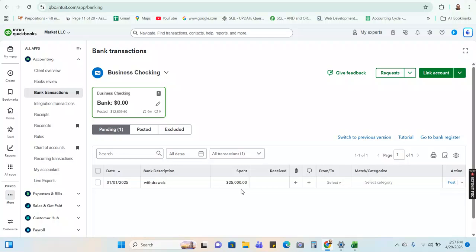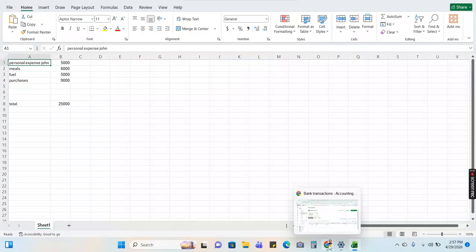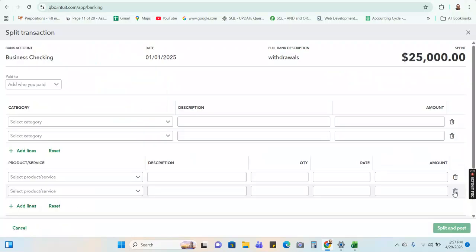So what the client said is, okay, I'm going to give you the list, the Excel sheet for the whole month of those expenses, 25,000 for the whole month. So this is the sheet. The client says, okay, personal expenses John 5,000. Put in the John 5,000. So what I'm going to do is split the transaction. As you can see in the drop down, there is a split. So, ladies and gentlemen, what you're going to do is